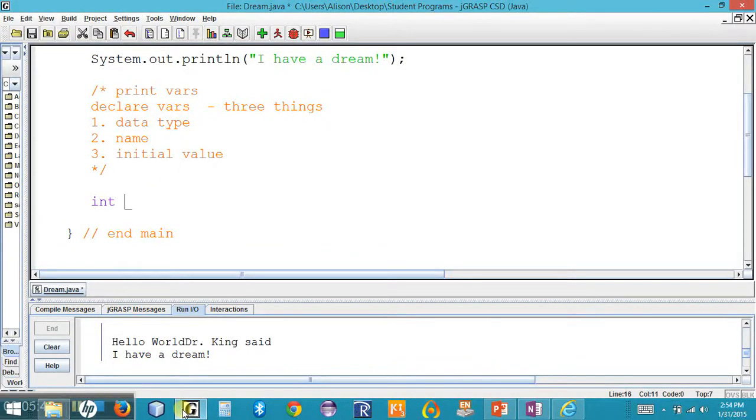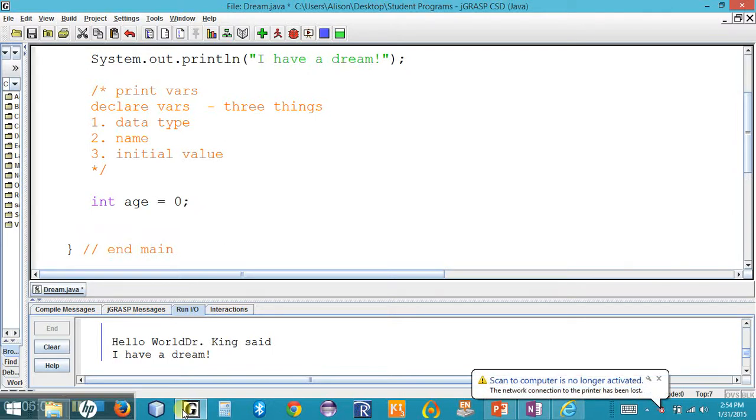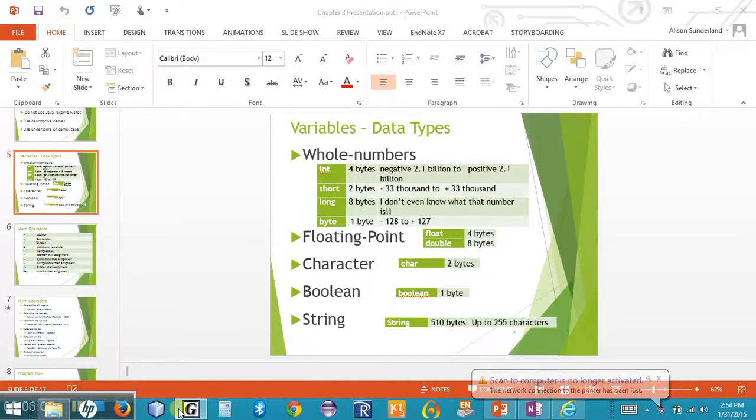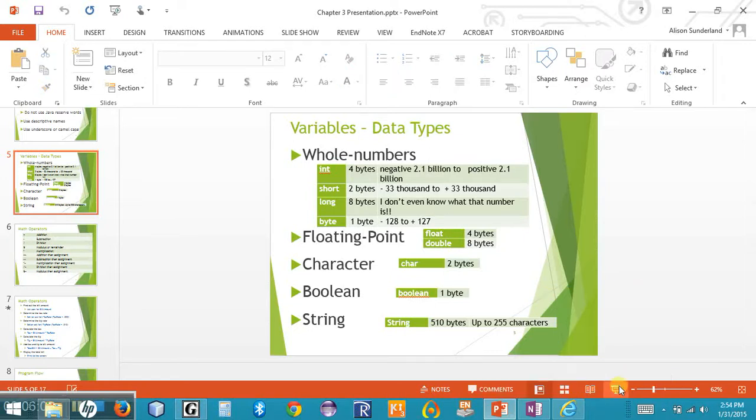So the first thing that I need is a data type. The second thing that I need is the name of the variable. And the third thing that I need is to set it to a default value. Because it is a whole number, I'm going to set it to a whole number default value. Then if I come back to my presentation, I'm going to see that another data type is